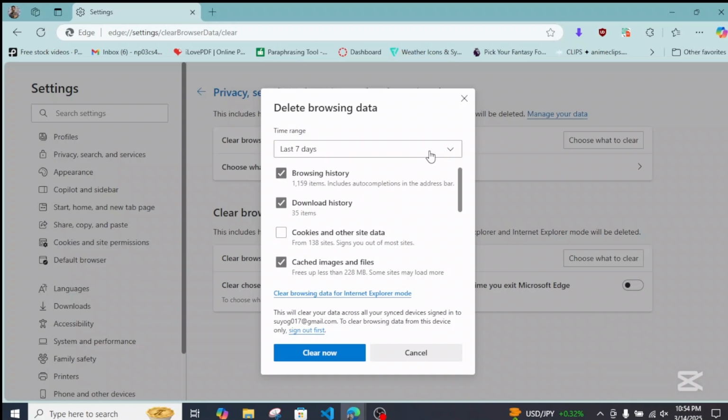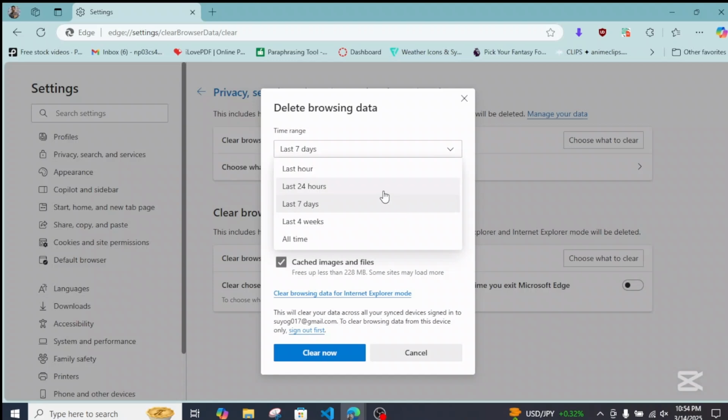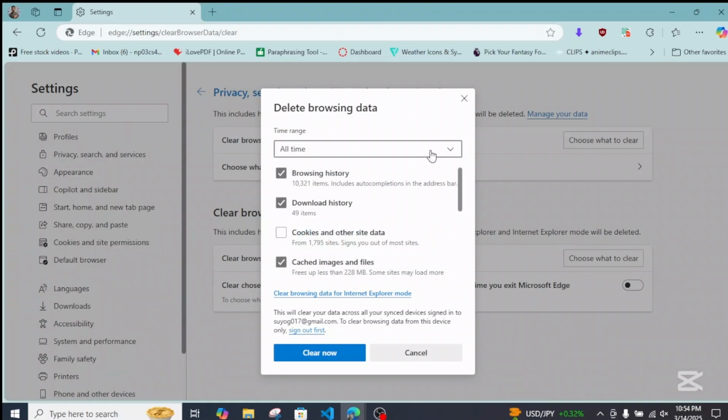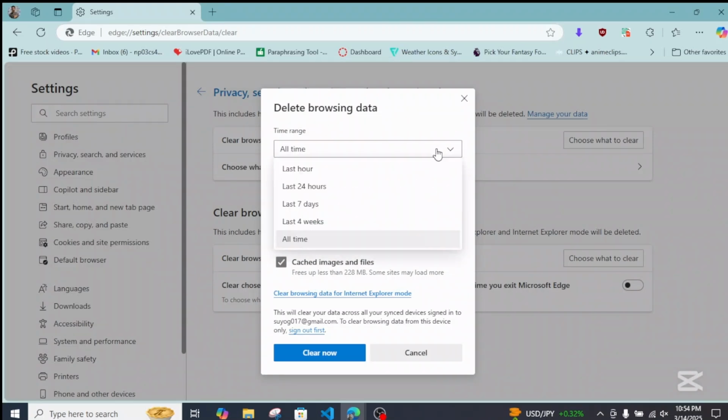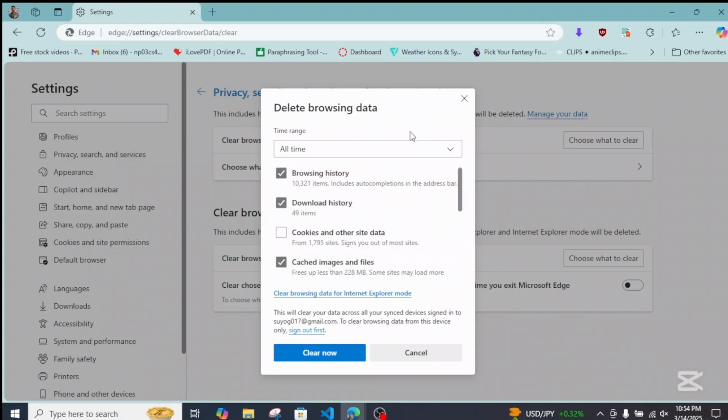And you can also choose a specific time range, like since when you want to delete your browsing data, whether it's the last hour, last 24 hours, last 7 days, 4 weeks, or all time. If you want to delete completely from the beginning, since you have been using this browser, then just click on all time, and once you do that, it will calculate all of the items and